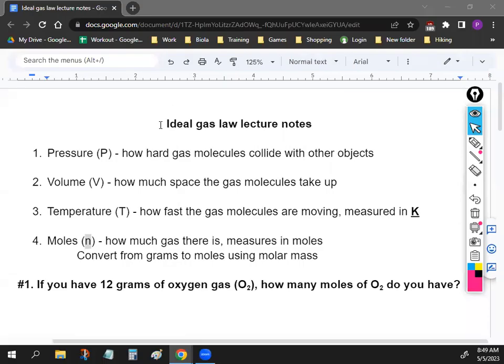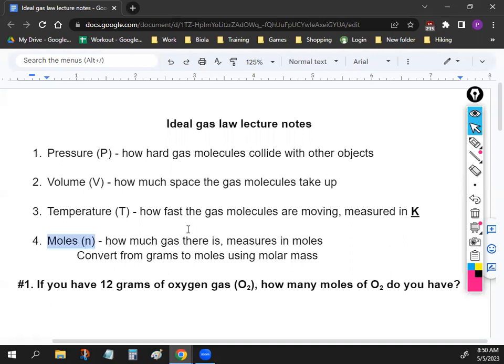All right, so like I said, today we're learning a new gas law. It's called the ideal gas law. Let's review real quick the characteristics of gases we learned about already. We learned about pressure, how hard the gas molecules collide, volume, how much space it takes up, and temperature, how fast the molecules are moving, which we always measure in Kelvin. And today we're going to be talking about the moles of the gas, which is how much of the